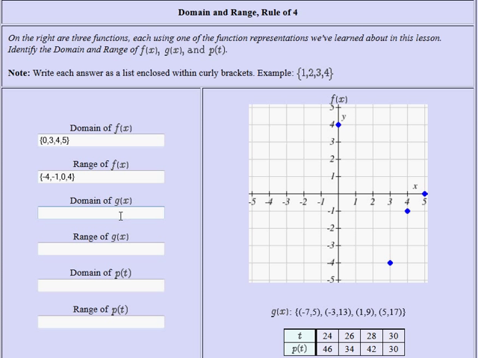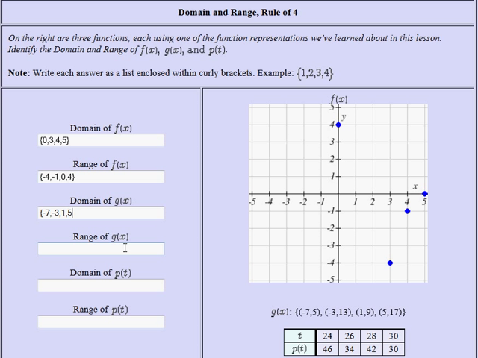So for example, I'll type in left curly bracket, and I'll say my possible x values. There's only 4 points here, so there's 4 possible inputs to the function g. It's negative 7, negative 3, and then my third point has an x value of 1, and my last point has an x value of 5. So I just need to list these now. So I'm going to say that my x values are negative 7, then negative 3, and then we have 1,